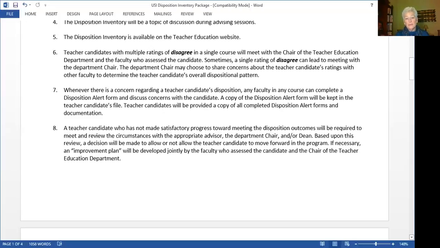And at that meeting, there will be a discussion about the disposition inventory. There may also be an opportunity for an improvement plan to be crafted in order to help a teacher candidate continually grow toward professional dispositions that are aligned with what is looked at as best practice in education.